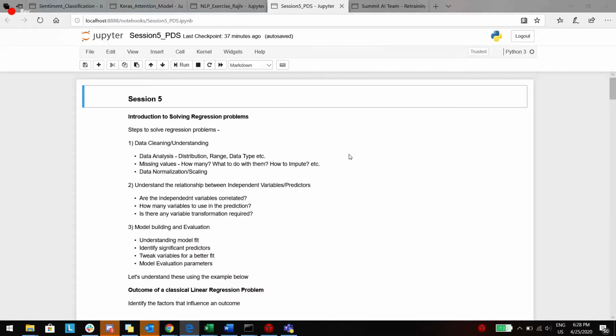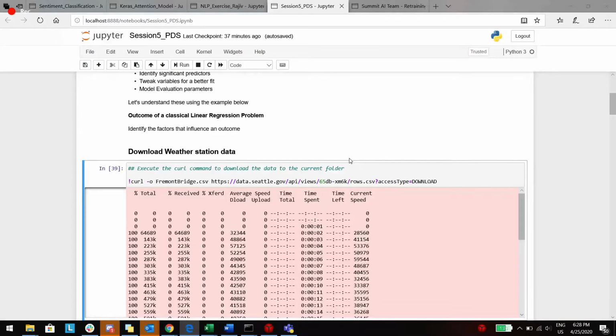Yes. Okay. So now let's look at a real life example where we want to look at the count of bikes depending on the weather for that particular region. First, what we are trying to do is solve a linear regression problem.